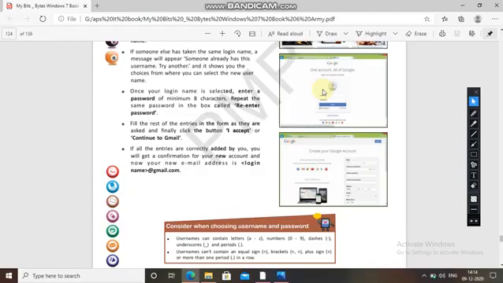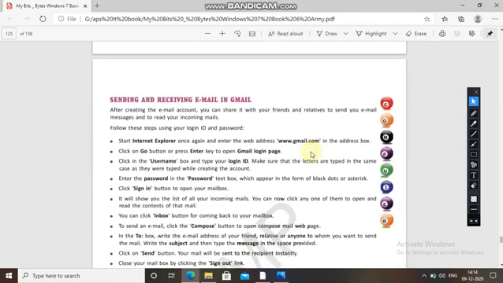Earlier we used to make it like this, but now the era has changed. You get an OTP on your registered mobile number. You have to give the number also, and when the OTP comes, you just type the 4-digit or 5-digit OTP. Then you create a Gmail ID. It confirms that your number is registered, and it will create a Gmail ID.